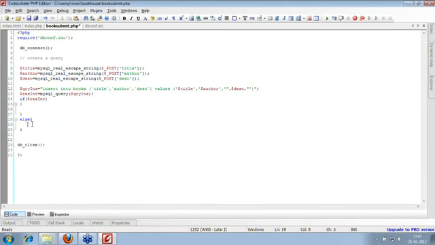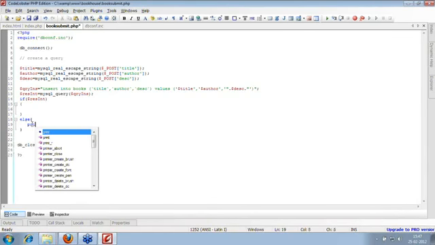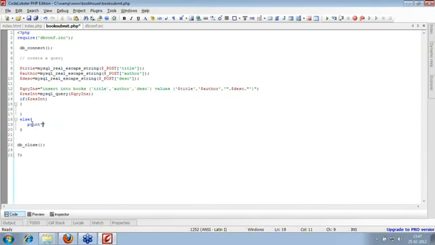Or, if it fails, we can print something like could not store the value. I'll write could not store the book details, or contact your system administrator, or whatever. But if it is storing the value, I'll say print book added successfully.